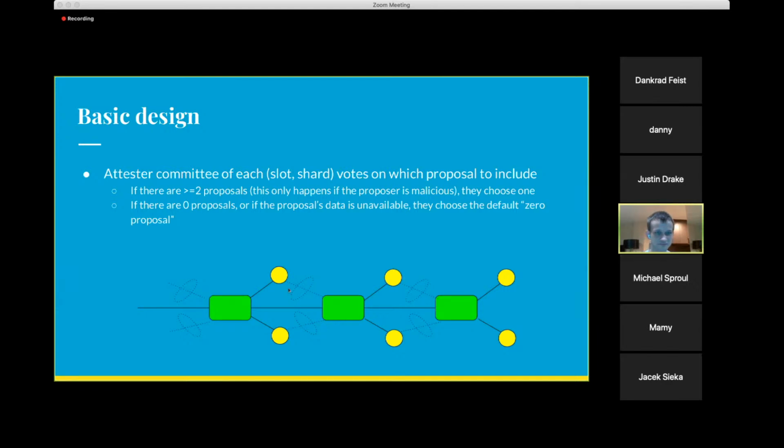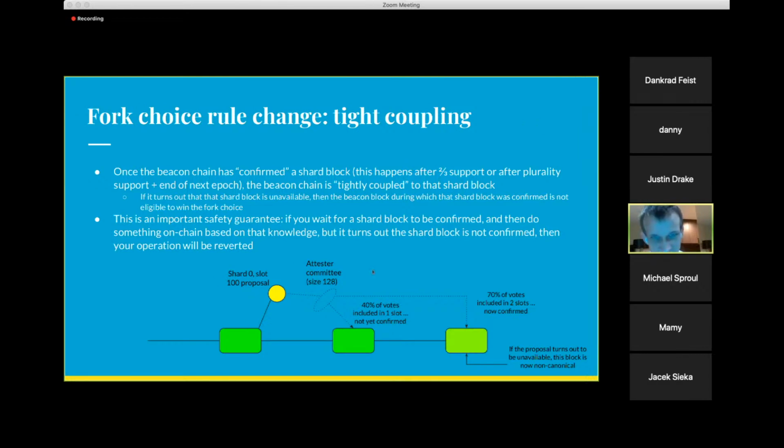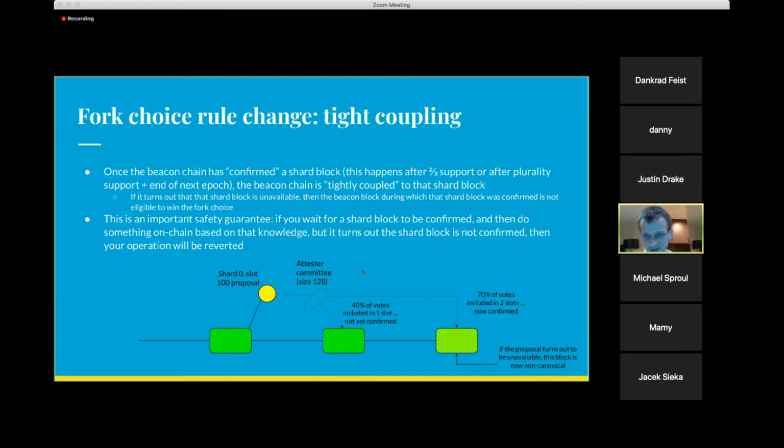are doing. Also, we have a fork choice rule change, which is this concept of tight coupling, right? So basically, we have this concept of a beacon chain confirming a shard block. The concept of confirming is that this is the first layer of defense against unavailable proposals being included. So if we have a malicious proposer here and they publish the header, but they don't publish the body, then the attester committee would vote against that proposal, and so normally it would not get included. But if the proposal actually is available, so if the full body can be downloaded, then the attester committee